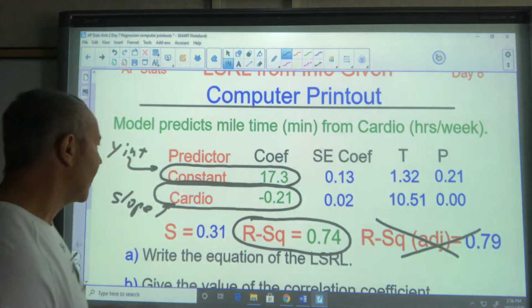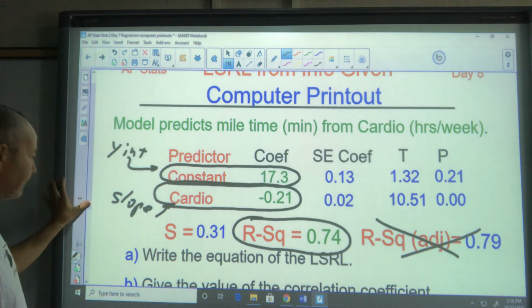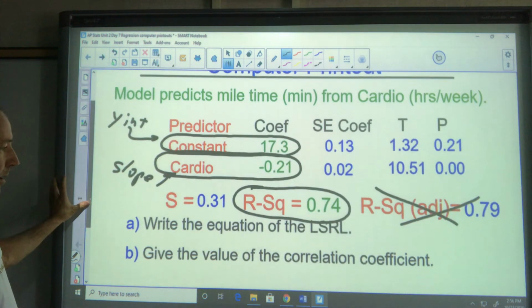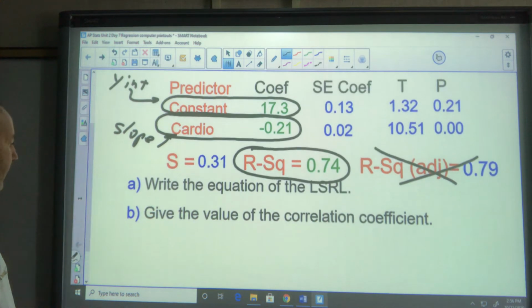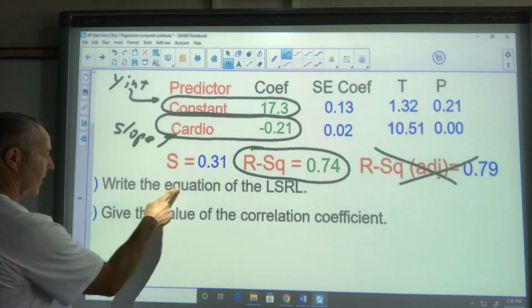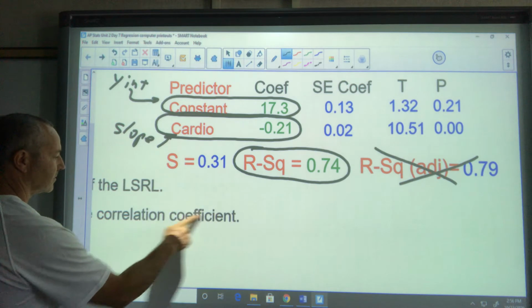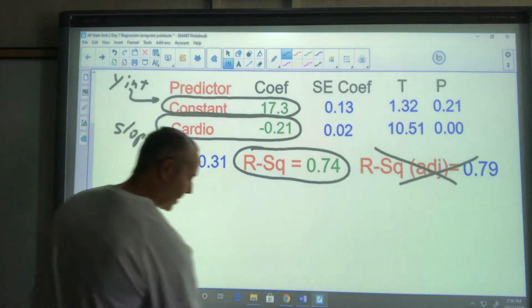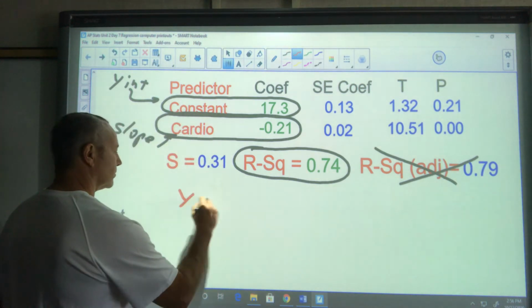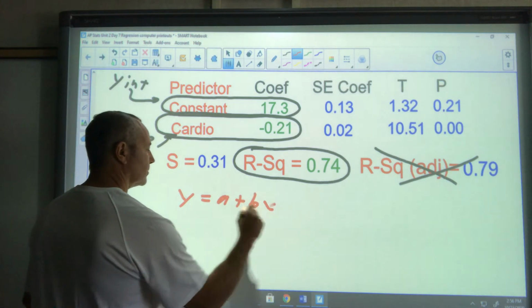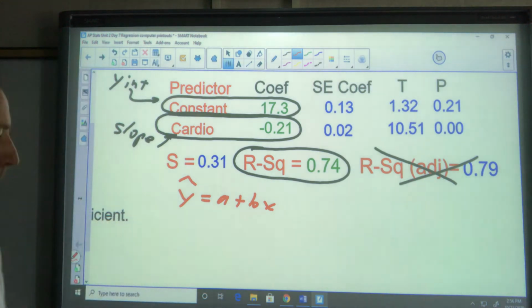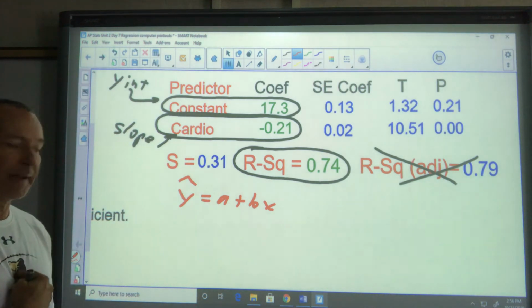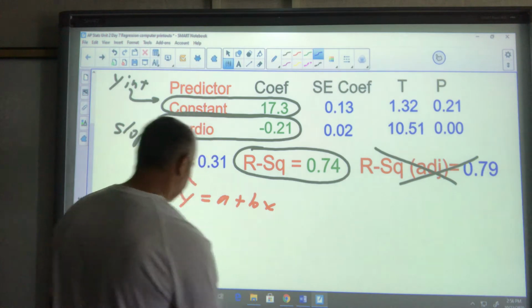All right, let's go ahead and write the equation of our line, and then we're going to give the value of the coefficient r. Remember, you need the hat on there when you write your equation, and you need to explain it in context, the x and the y. So our equation: